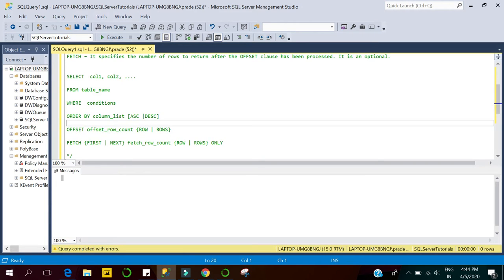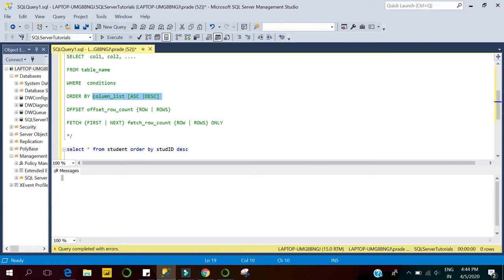So if we pass 10, then 10 rows will be skipped from the result set based on the sorting order. And then we have the option to use fetch, to select n number of rows that will be our next rows after skipping the first n rows from the result set.